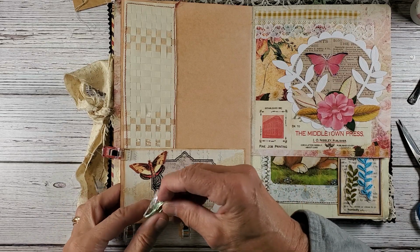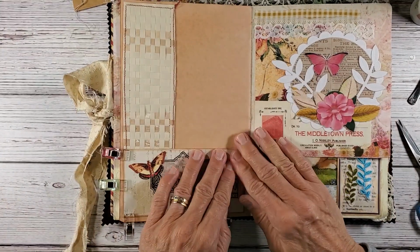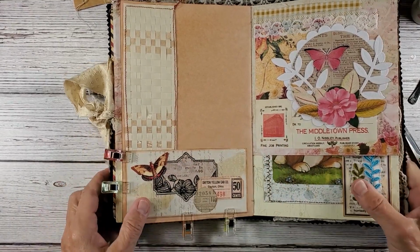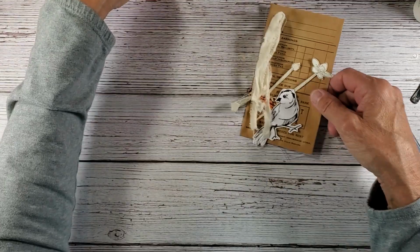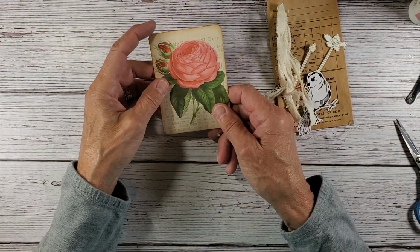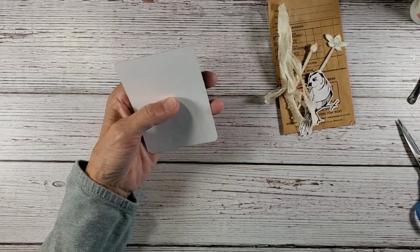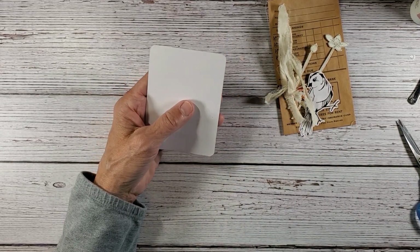And one more. All right, this side I'm just going to keep. All right, so we're going to set this aside for a minute. And this is the journaling card that I'm going to put in there. I don't think I'm going to add anything to this. I'm just going to slip this in, and Liz can